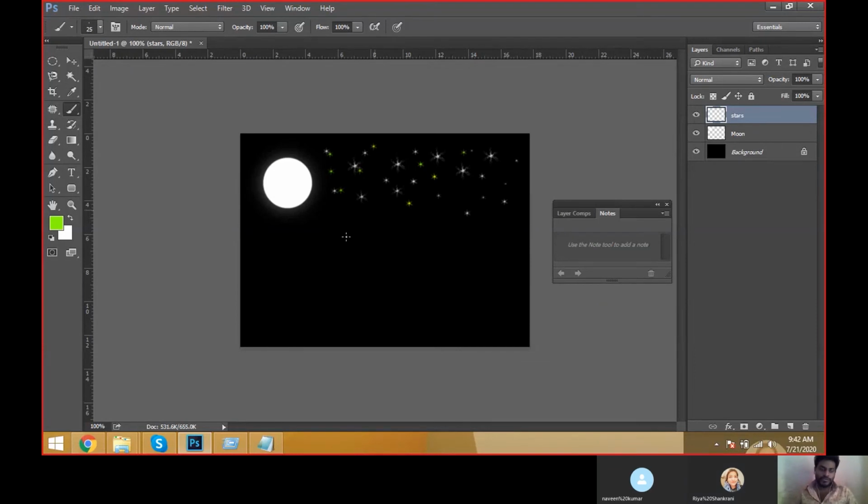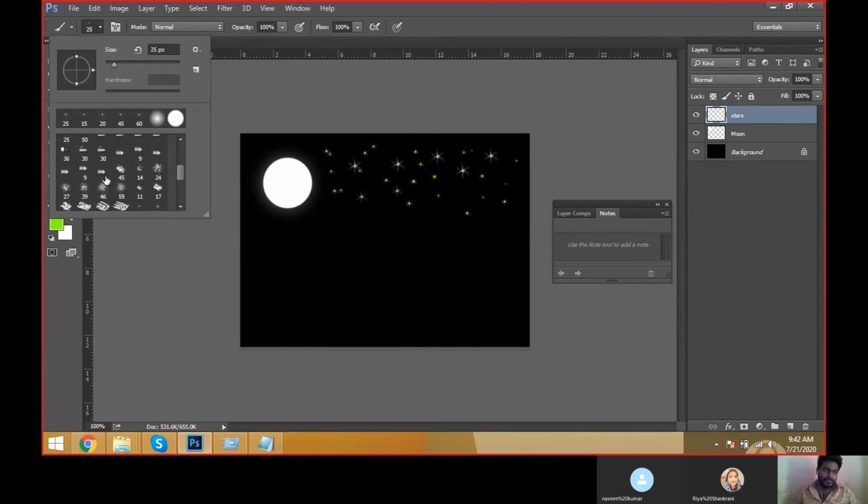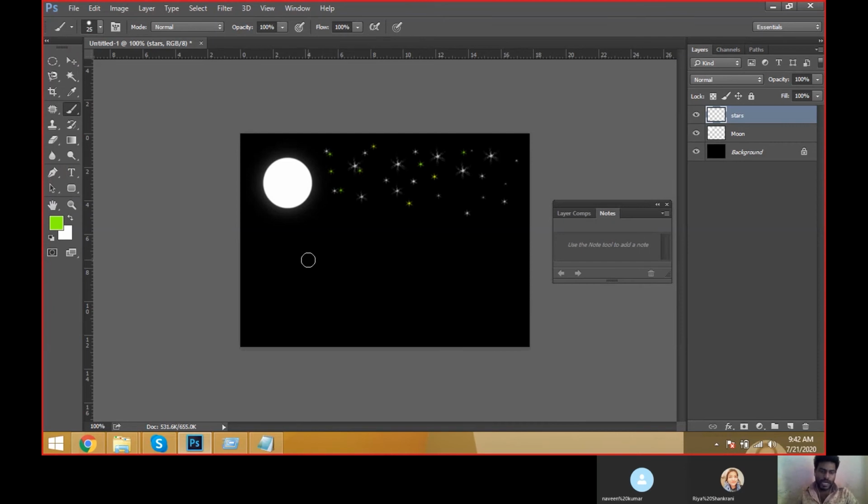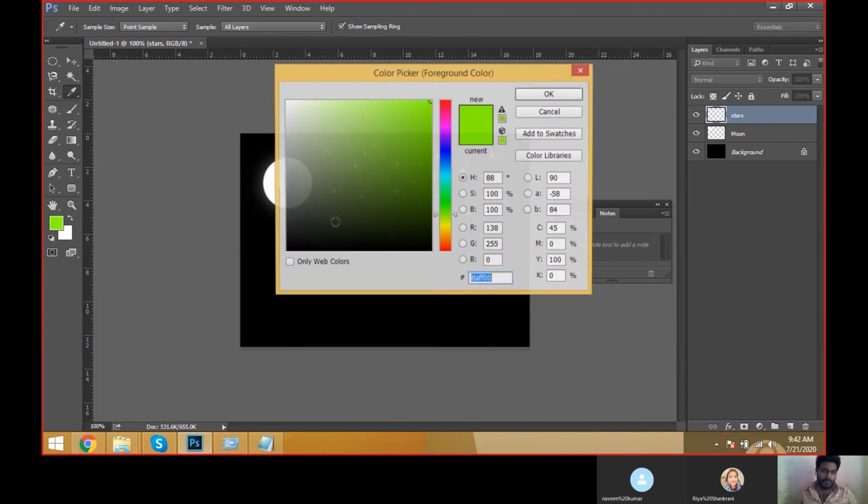And the next step, we have to design some hills. Take a brush tool, again go to the brush, hard brush, decrease the size, and take hills with a black background.